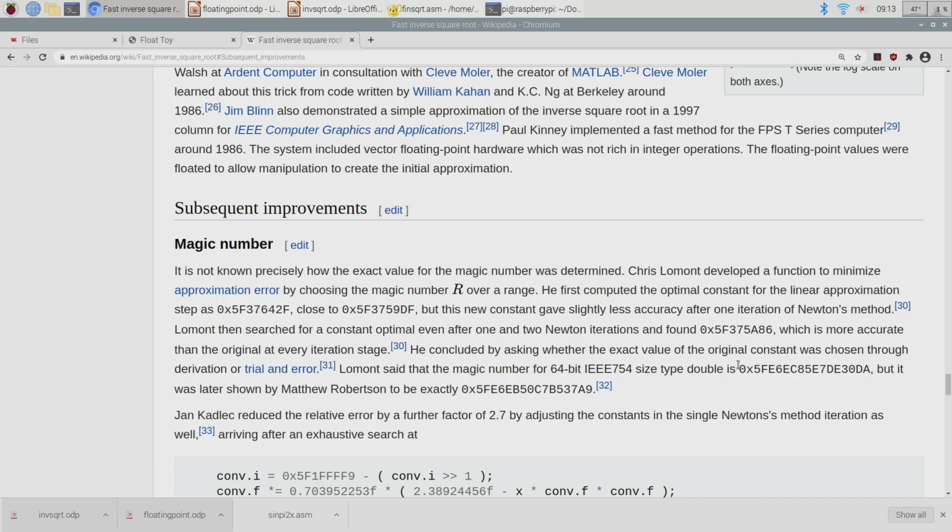And Lamont, so actually there are links to a bunch of papers here, and I posted copies of a couple of them on Canvas in the files section. Lamont actually was a grad student up at Purdue in the math department when he wrote a paper about this, in the early to mid 2000s, basically right when this source code had become available, and everybody dug into it and found this and was